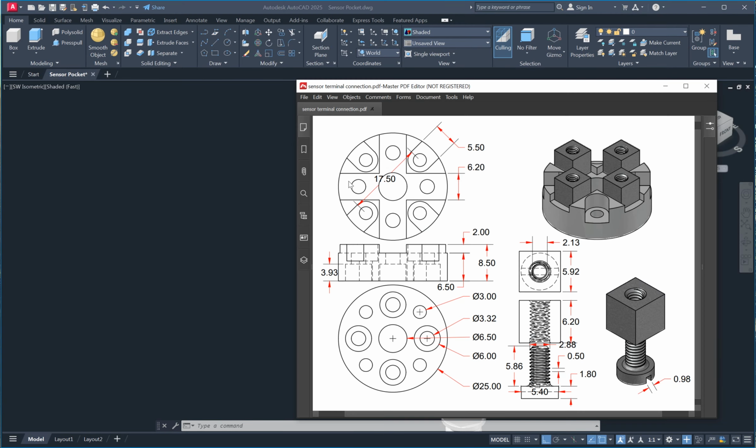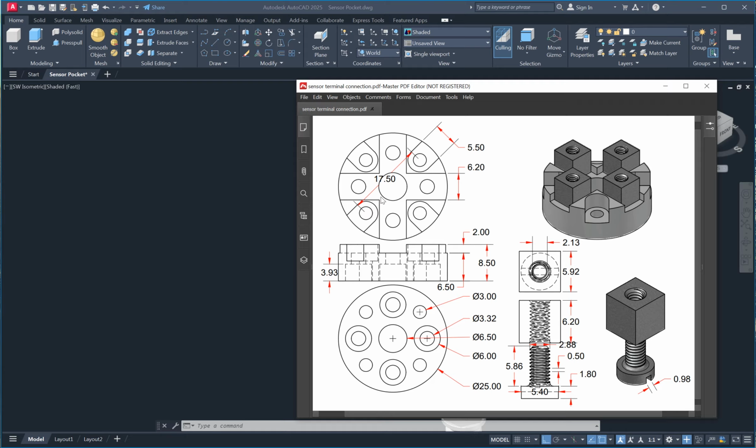And the next we have a small circle here. 1, 2, 3, 4 here. Mean have a diameter 3.32.